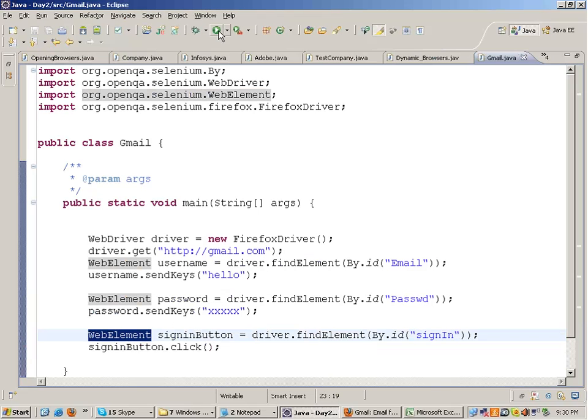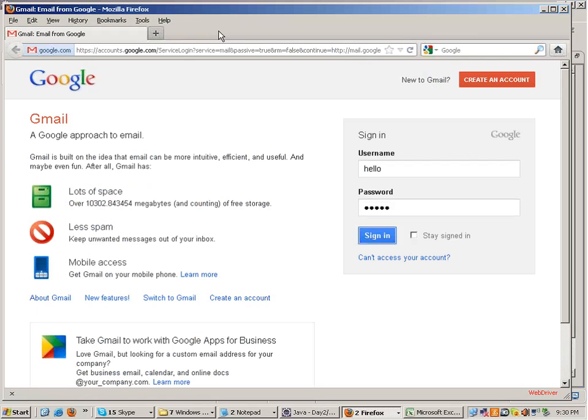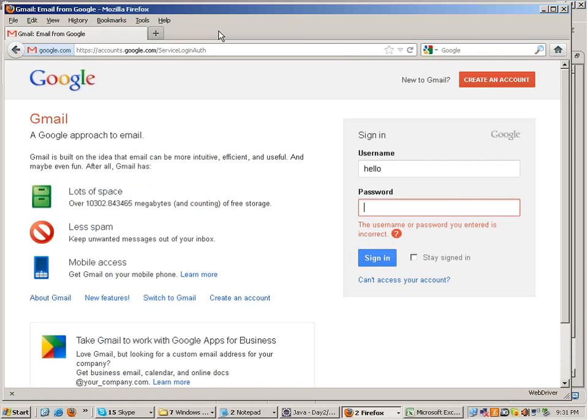If you run this code, you will see that it runs and types in the username, password and clicks on the sign in button. Okay, now